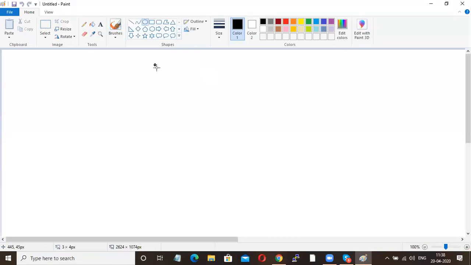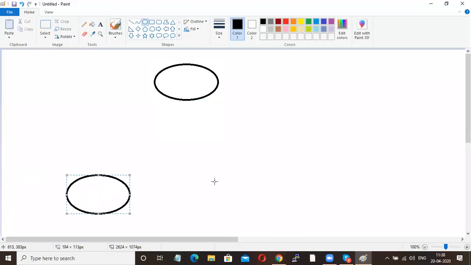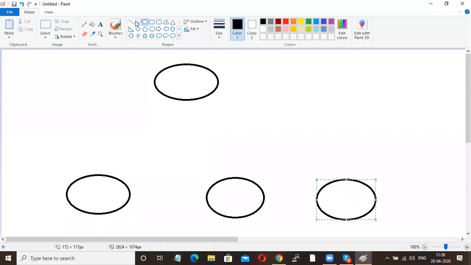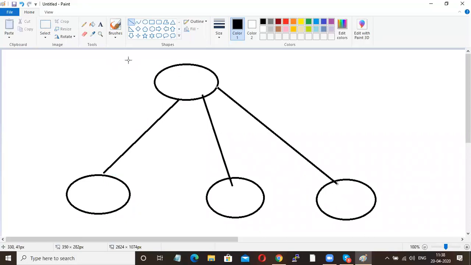I guess everyone knows master-slave configuration. This is the master and these are all slaves. That is, your slave machines are controlled by the master, right? Maybe you would have studied it in Jenkins, or in Salt Stack.